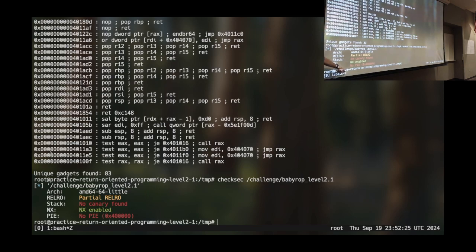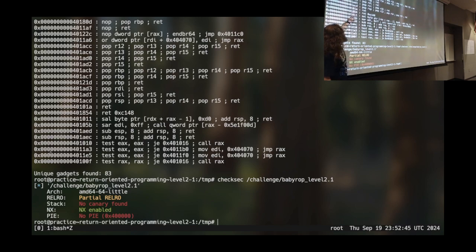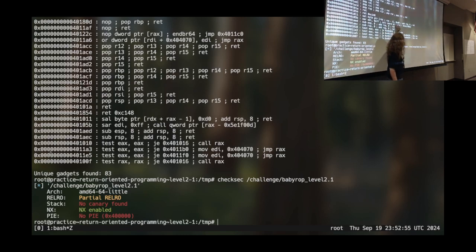If it is a no PIE binary, then the literal addresses that are shown are literal addresses that you can use. Does that correspond to all the instructions? Yes. So if you were to overwrite RBP, and we'll see this in the demo, or if we were to overwrite the saved RIP with this right here, we would execute this instruction, this instruction, this instruction, and then ret.